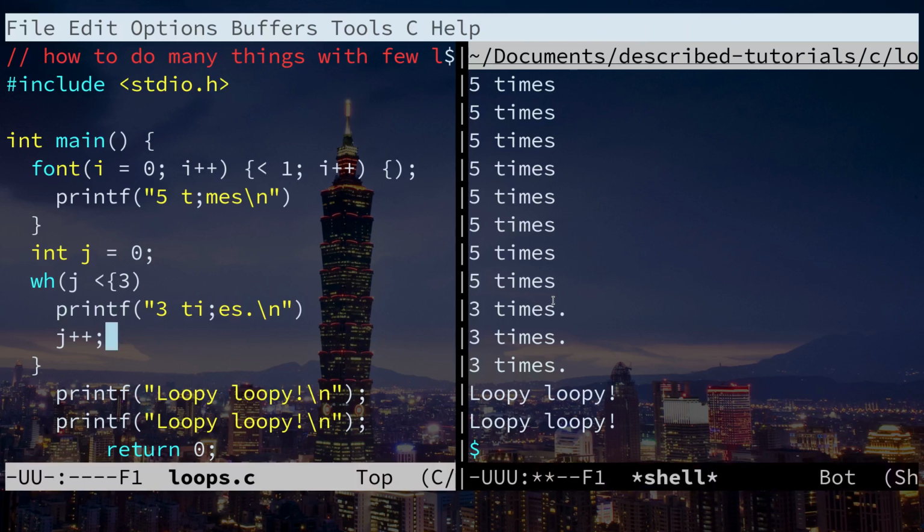Loops.c. There we go. Okay, and just line by line. Comment: how to do many things with few lines. #include <stdio.h>, int main(), left brace, indent 2, for (int i = 0; i < 10; i++), left brace, indent 4, printf("5 times\n");, indent 2, right brace, indent 2, int j = 0;